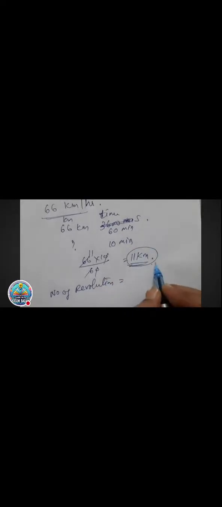Now how many revolutions will it make in 11 kilometers? To find the number of revolutions, you need to divide this whole distance by the circumference. So the first step for this type of question: find out how much distance it will cover in the given time. The speed of the vehicle will be given. So that speed in particular